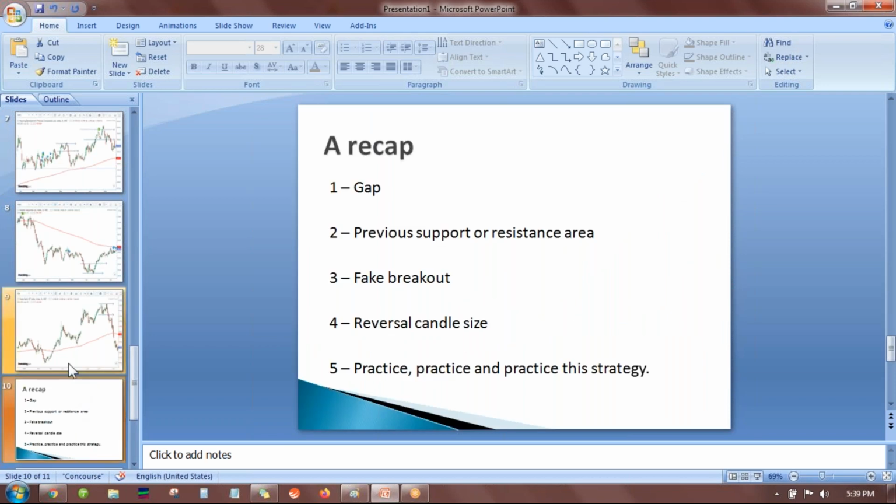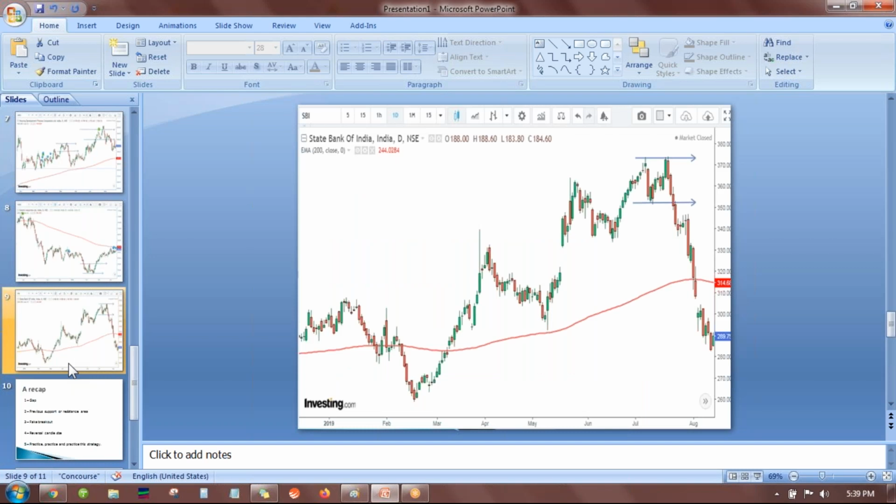Sir, that means on the second top we have to check for either the hammer pattern or the engulfing pattern, right? Yes. On the upper side, above the moving average, we have to go with the bearish engulfing pattern. And if we are below the 200 EMA, then we have to check for the bullish engulfing pattern, right? Yes, sir. If you do not get a pattern like bullish engulfing or something like that, look for a solid wick rejection. For example, in this chart, you can see a lot of wicks.